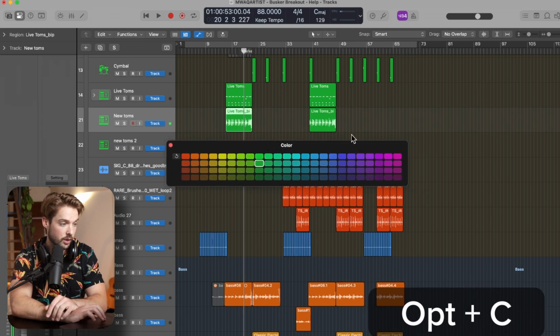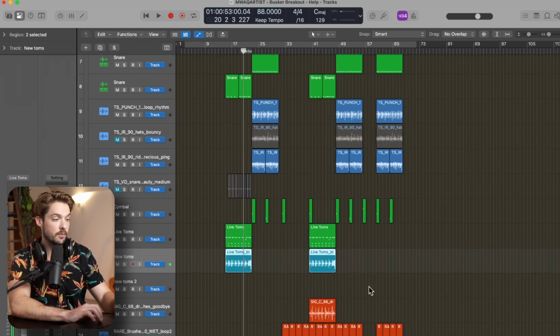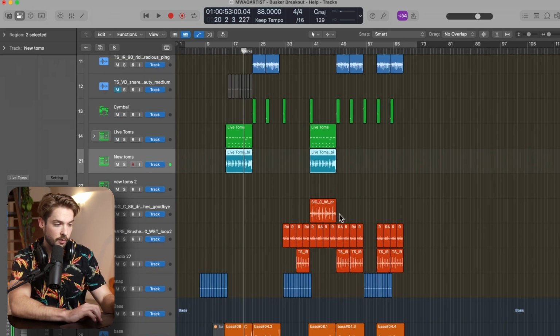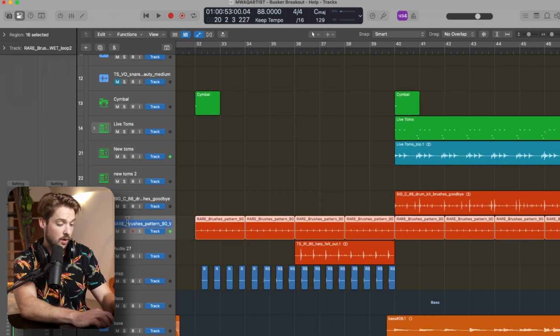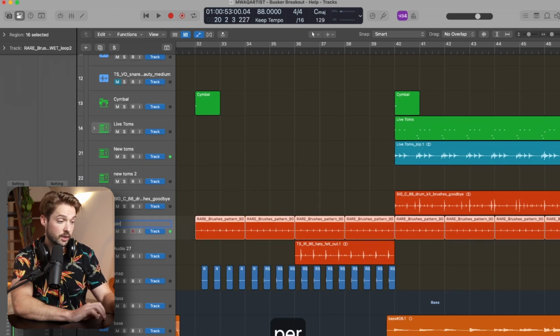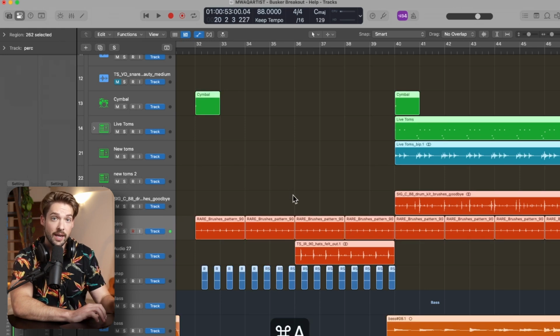Then you can select a region or select an entire track and change the color. Another thing I like to do is, sometimes your arrangement view just gets cluttered with a bunch of random audio samples like this. Let's say that I named this percussion. To change all of these at one time, I can Command A to select all, and then I can use